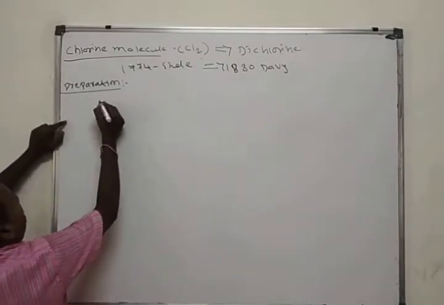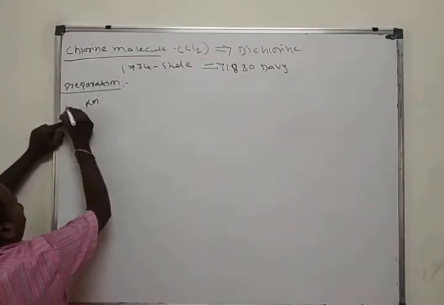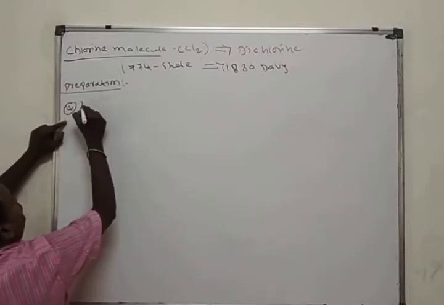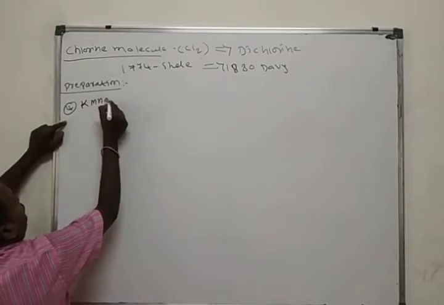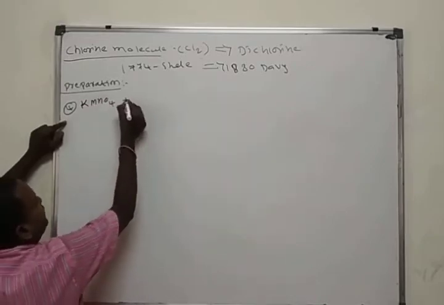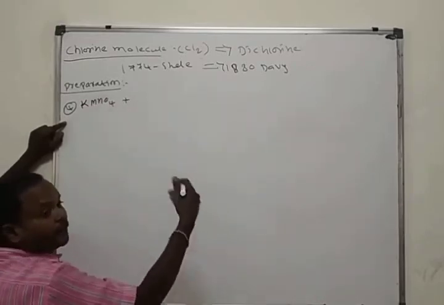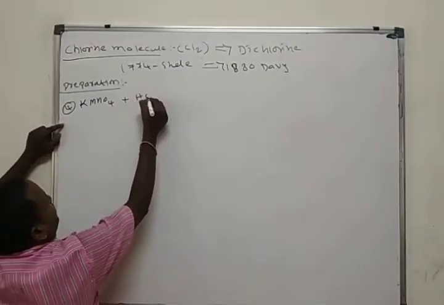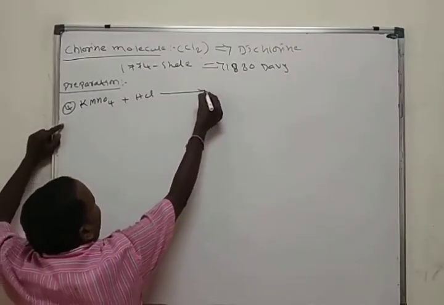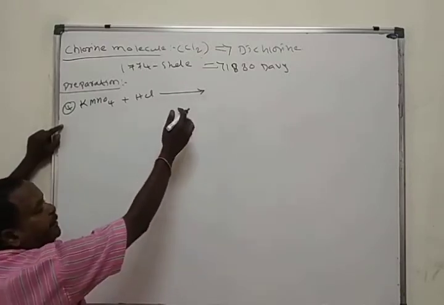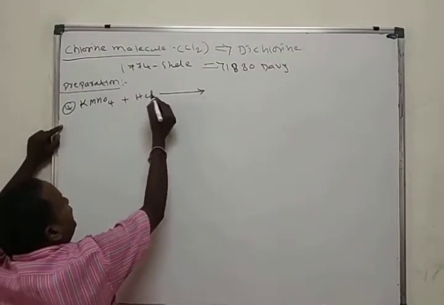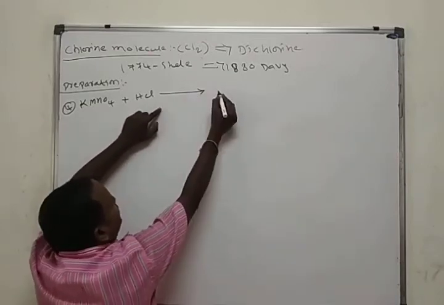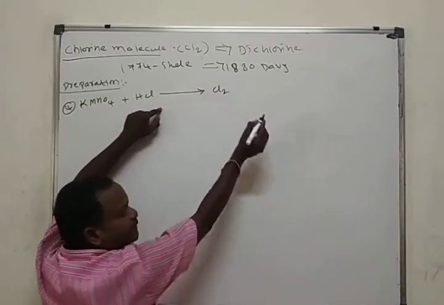Here potassium permanganate, the fourth method, reacts with hydrochloric acid. Here hydrogen chloride is oxidized into chlorine first,